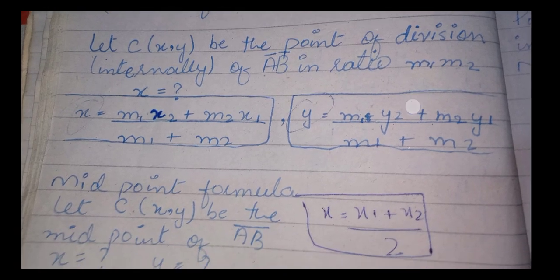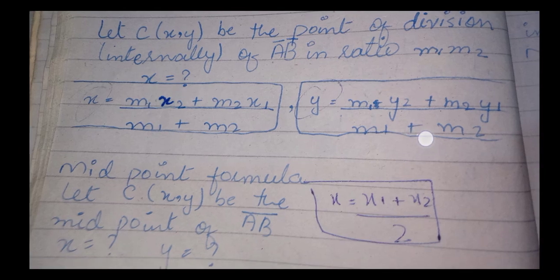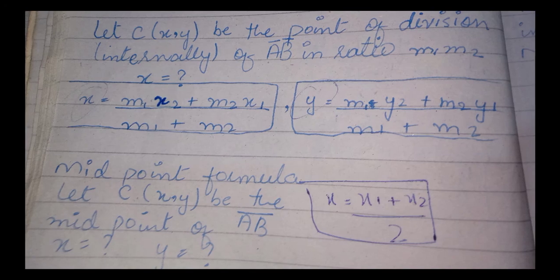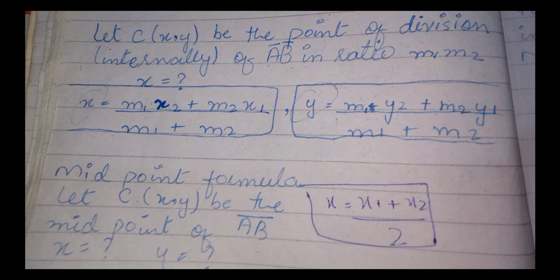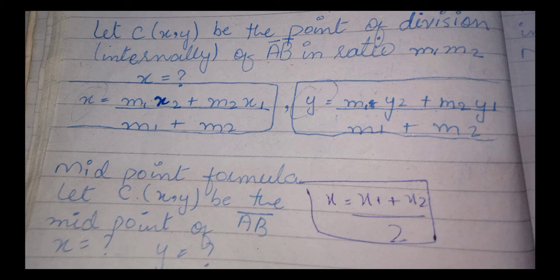Okay, we have another formula, the midpoint formula. If we want to cut the bar into two middle parts, we have the midpoint formula: x is equal to (x1 plus x2) divided by 2. Similarly, this is for the x-axis, and if we want the y-axis division, we have y is equal to (y1 plus y2) divided by 2. It's simple. The midpoint formula means if we want to divide our length or bar into two equal parts. Midpoint means divide into two equal parts.